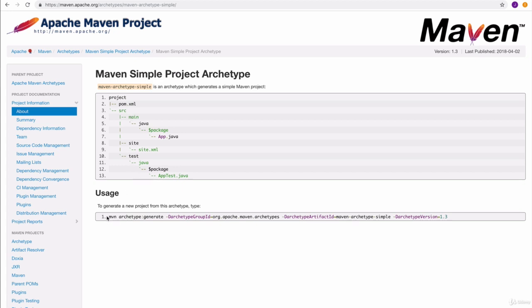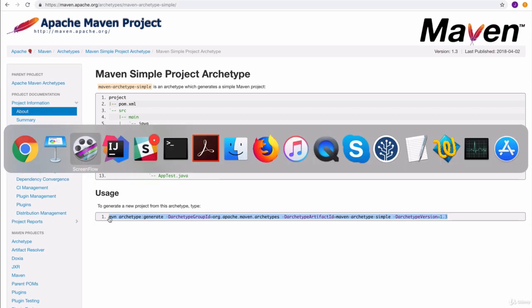And down here, this is the command that is used to generate it. So it's mvn archetype:generate. And what this syntax here is, just a refresher: archetype is the name of the plugin that is being executed, and generate is the goal. And then the -D are parameters that we are passing to it. So I am just going to copy this directly to my clipboard,